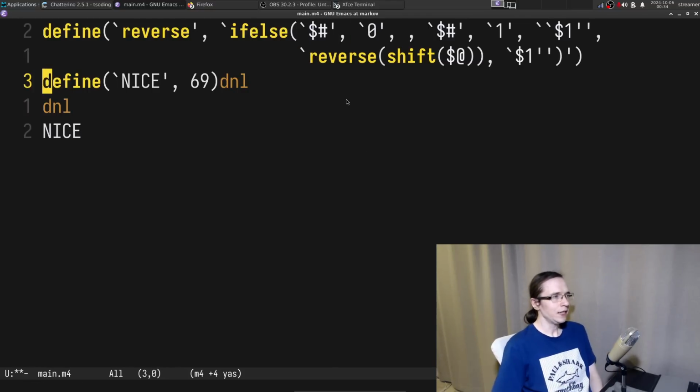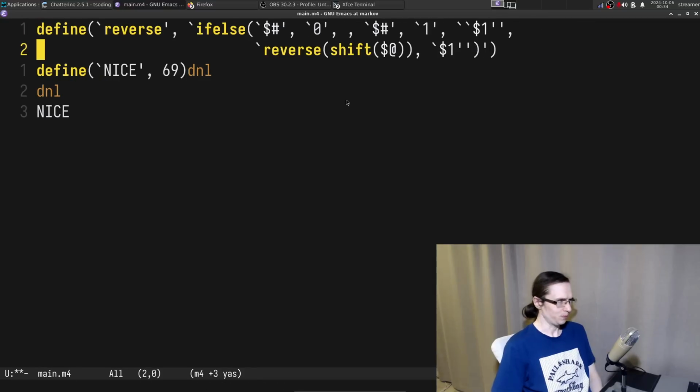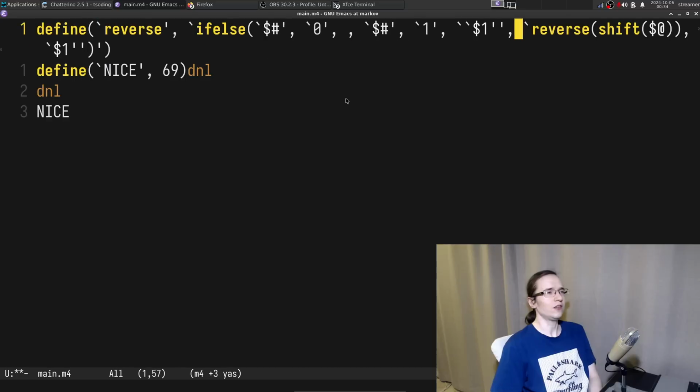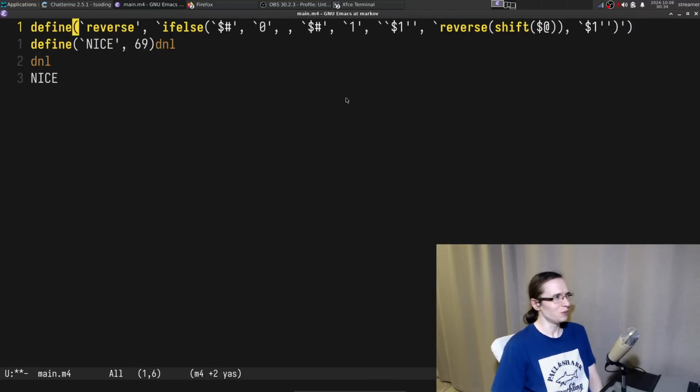So here is a reverse macro. We have a reverse, and interestingly, you just have if else, and I don't understand what this macro actually does. Why is it defined like that? This is so bizarre. Oh, wait a second. Okay, so we accept that, and if else, all right, that's very interesting.